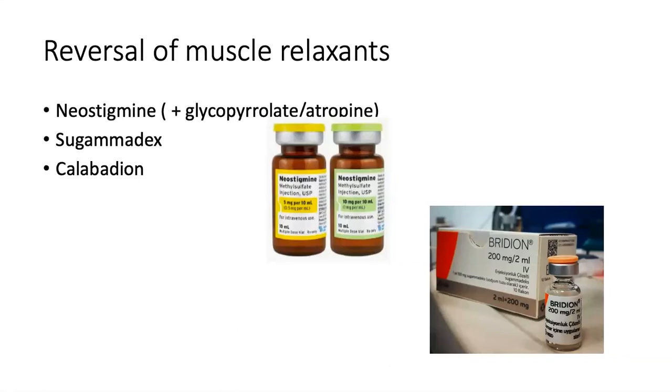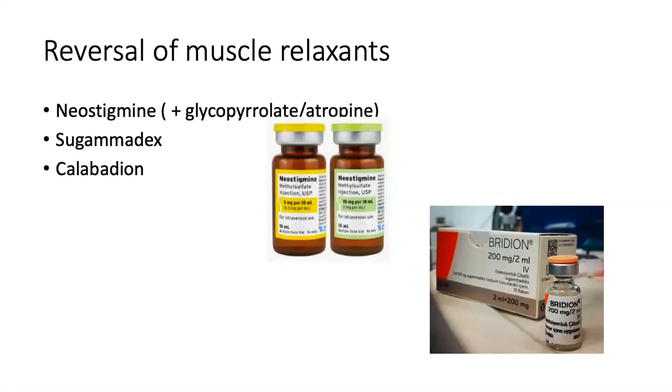In the private sector, the patient's medical aid will be charged. So you must always think to yourself, should I use Bridion or not? You need to balance issues. If you need to get the patient off the table and out as soon as possible, then probably going with Sugammadex, if you've given rocuronium, might be your best bet, because the advantage